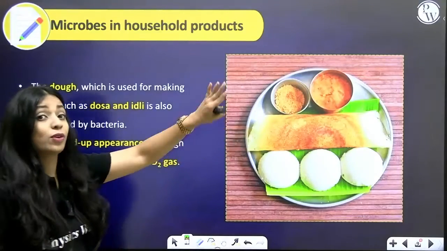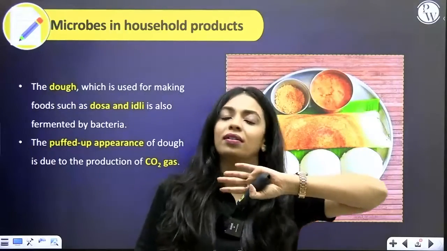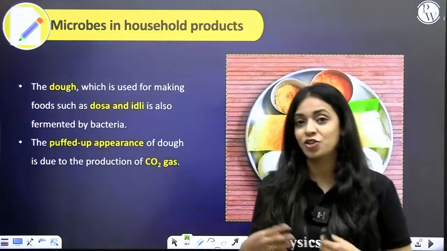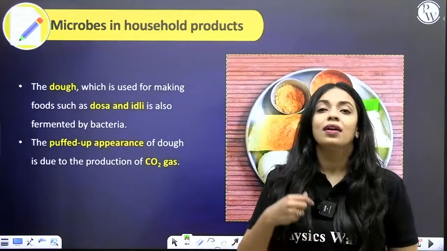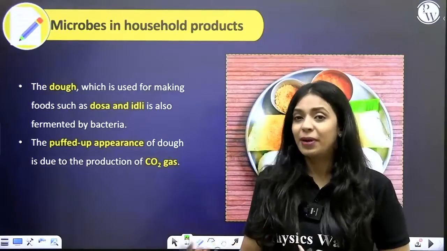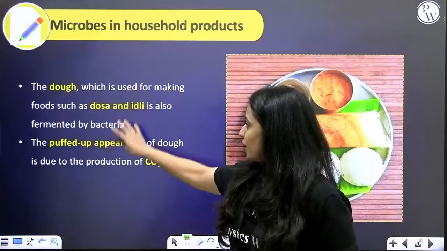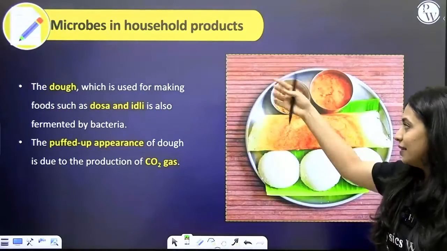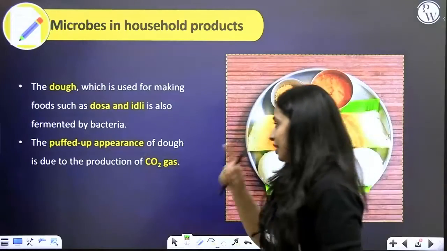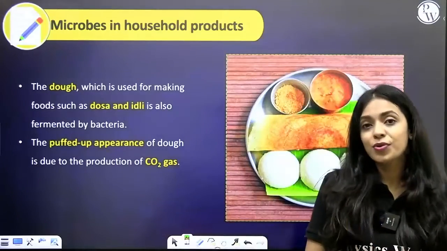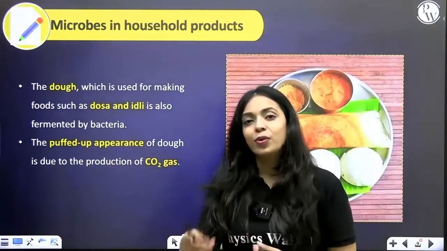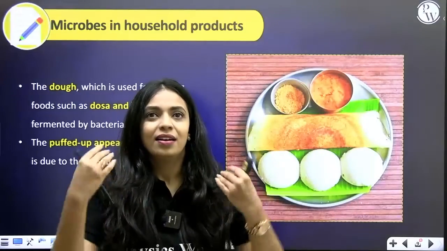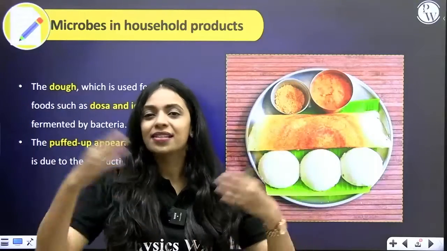I'm sure you've learned about what fermentation is in your 11th grade in the chapter Respiration in Plants. You learn about anaerobic respiration and fermentation. So here the batter or dough which we use to make dosa and idli also gets fermented by bacteria, and as a result it will produce carbon dioxide gas. Whenever you heat it, that carbon dioxide gas will escape,